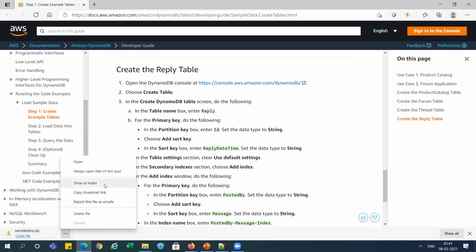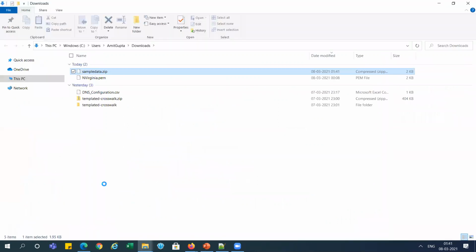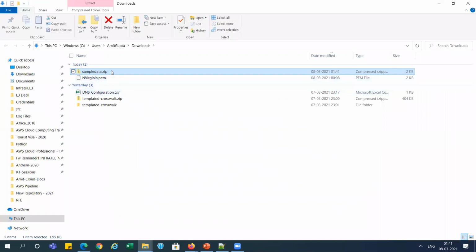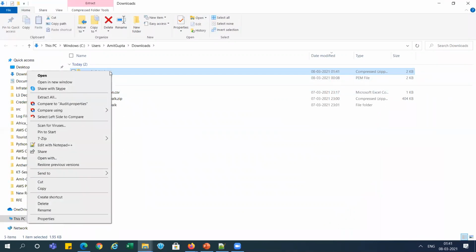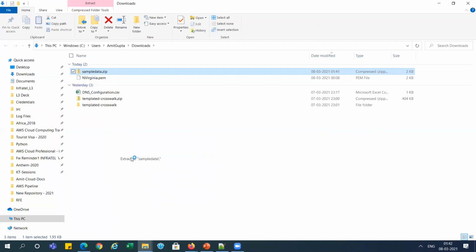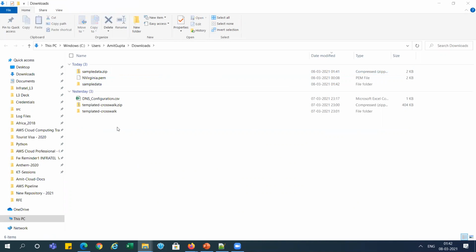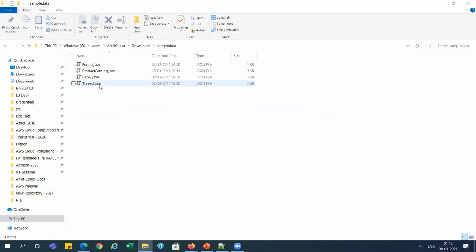Now I will go and open that. I'm extracting here. Okay, sample data. So we have 4 JSON files which contain the data.